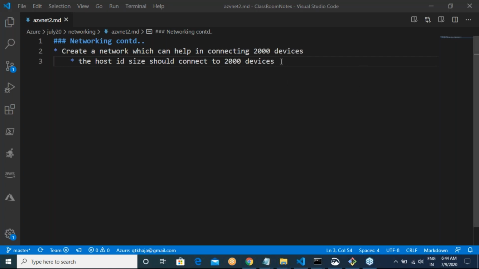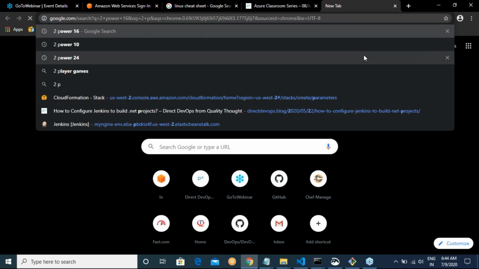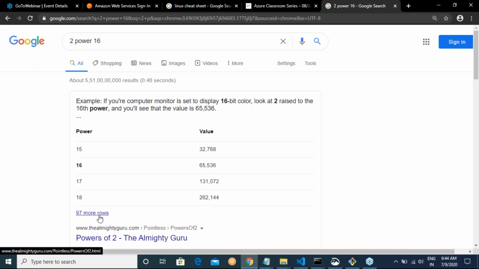Good. So now, can I write it this way? 2 to the power of n should be approximately equal to 2000. So let me open the 2 power table.